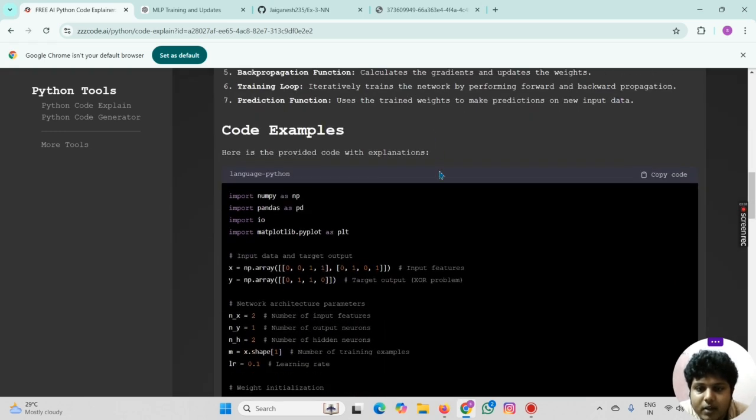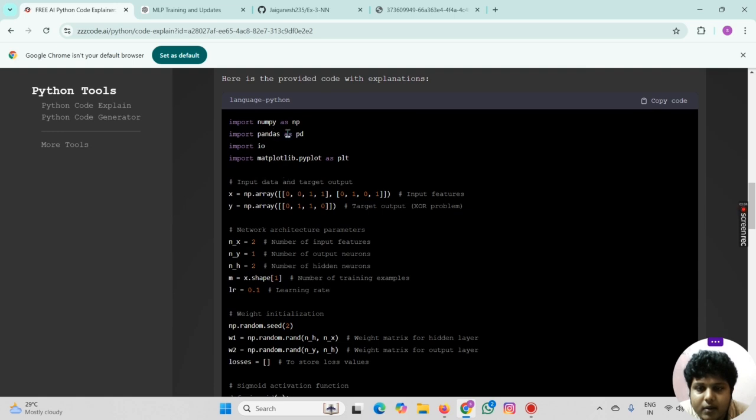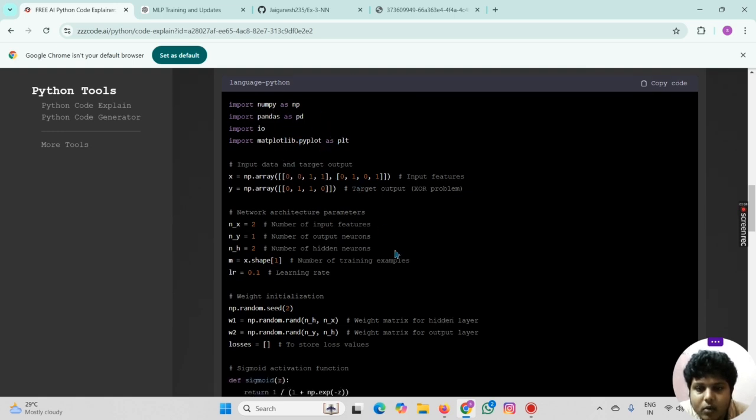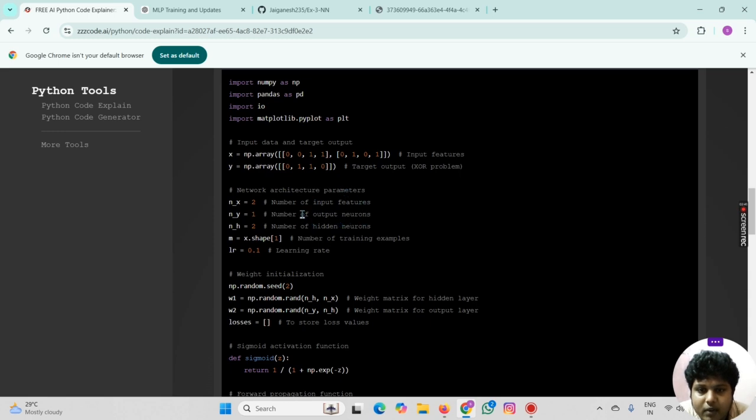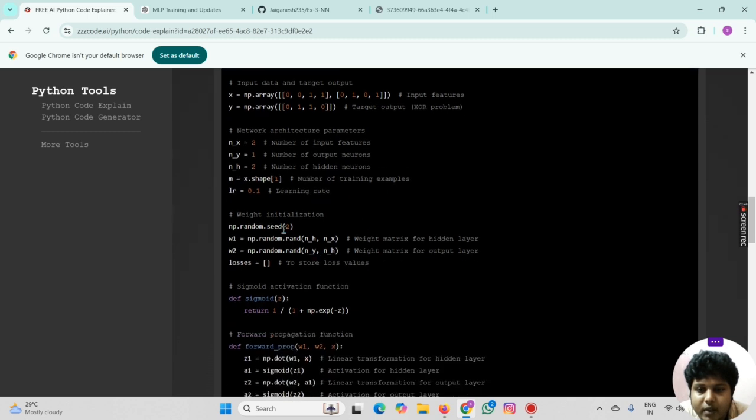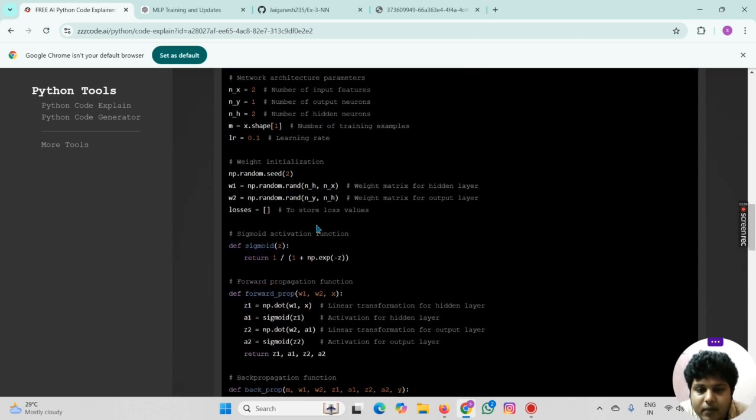Here is the provided code with explanation. Here the modules are imported. This is the input data and target output. Network architecture parameters with the number of input features, output neurons, hidden neurons, number of training examples, and learning rate. The weight initialization area, where the weight matrix for hidden layer, weight matrix for output layer, and a list to store loss